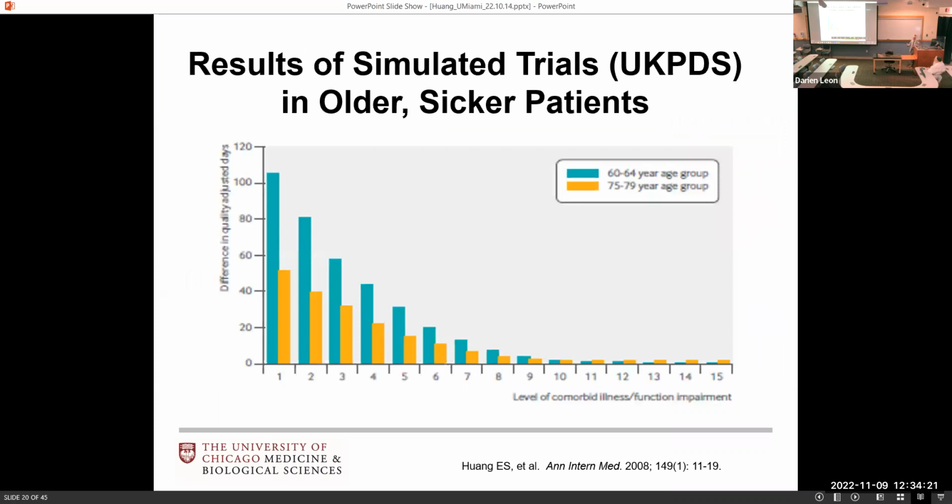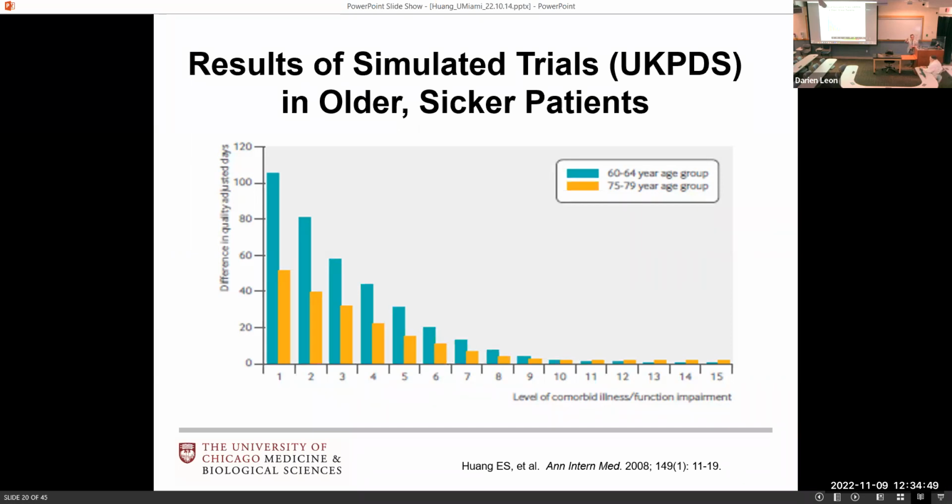So just to give you an example, this is an example of taking data from a clinical trial and then extrapolating it using a simulation model to answer a question for the given patient in front of you. This is results from a simulated in silico trial where we said, if we could do the UKPDS 1,000 times and change the health status of the patient and do the same trial in a nursing home, for example, what would happen?